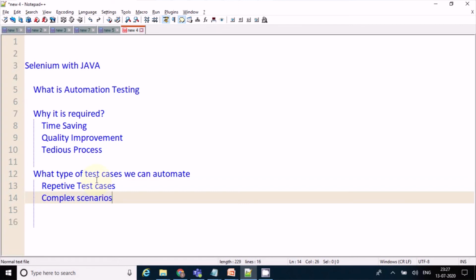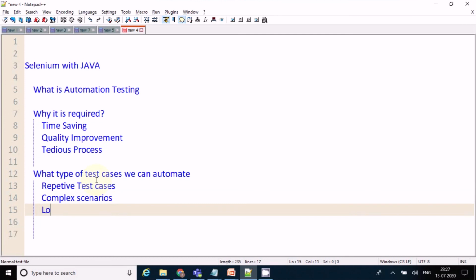Suppose in my application one value is going to display based on one formula, that is a complex formula. Suppose in my application those type of values are around 10 to 15 values. The manual tester has to remember all the 15 formulas, whether the particular value is displaying properly or not. So to avoid that, we can automate those test cases, we can automate those complete formulas. It's easy for the functional tester to execute that.